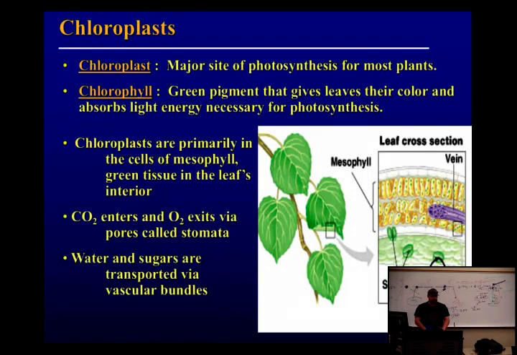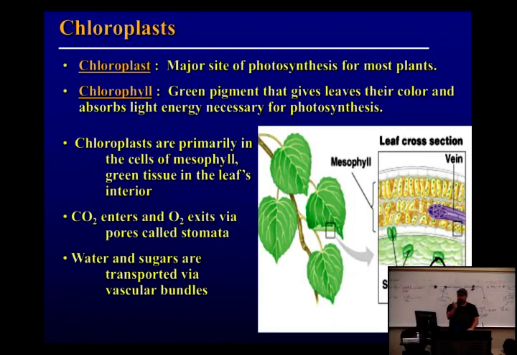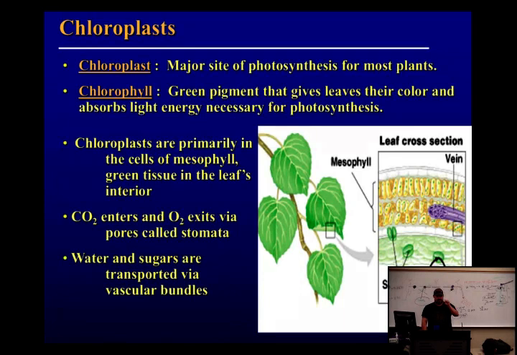Chloroplasts are the organelles that we already covered in chapter 6. Remember, chloroplasts have how many membranes? 2, an inner and an outer. Inside those membranes are, what do we call those things? Well, stacks of them are called grana, but what are the individual things called? Thylakoids, and thylakoids are really the site of photosynthesis. The chlorophyll is found in the membrane of the thylakoids.